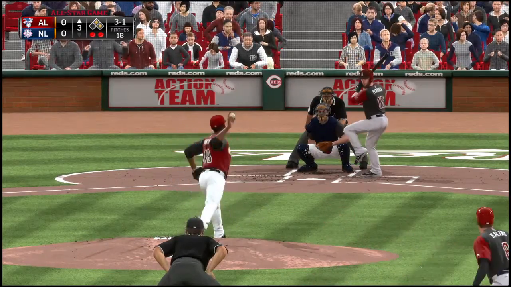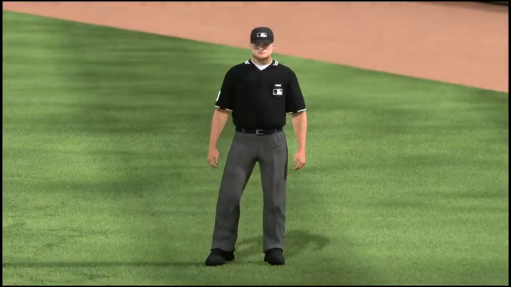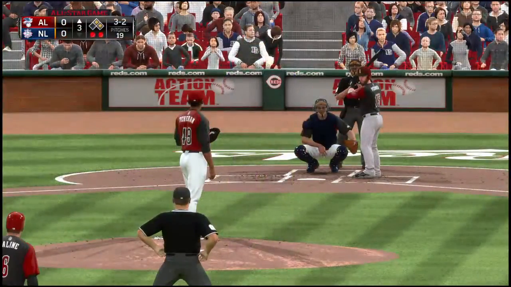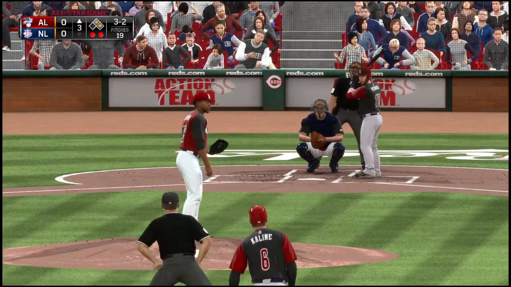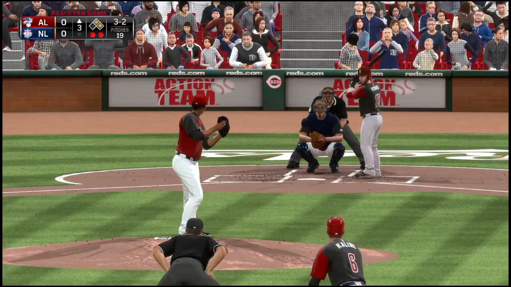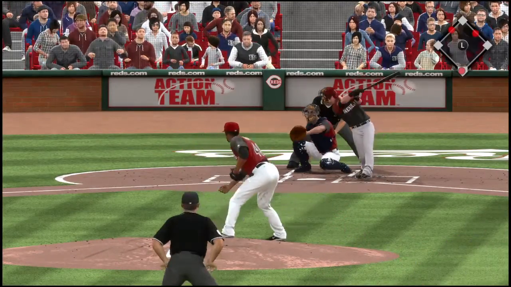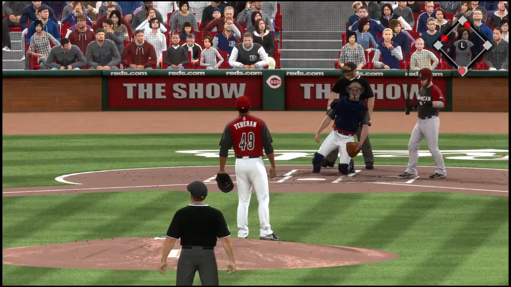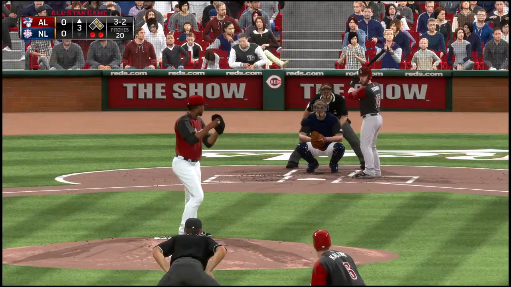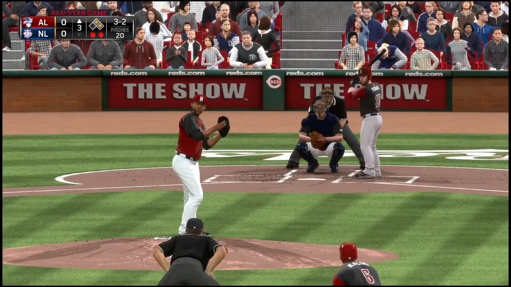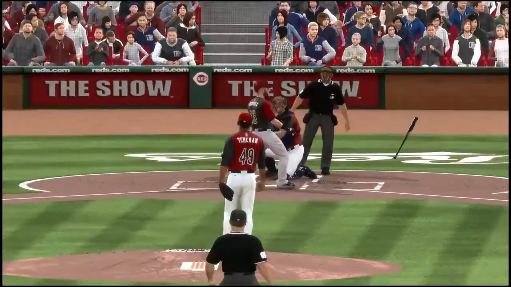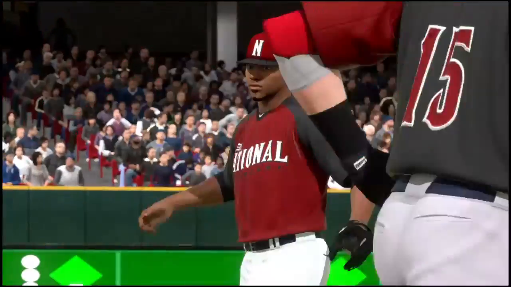Here he comes, 3-1. And he checks his swing. Did he go around? Yes, says the first base umpire. Strike 2. The 3-2 now to Pedroia. Over towards the dugout, but this one will get into the stands. Full count pitch on its way. And he misses with it for ball 4. So the bases will be loaded now with 2 away.